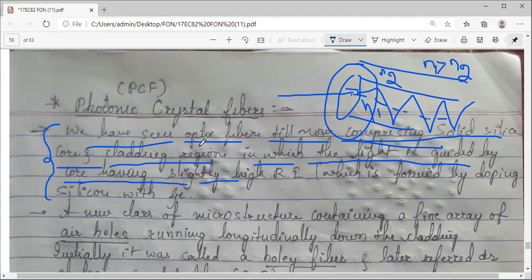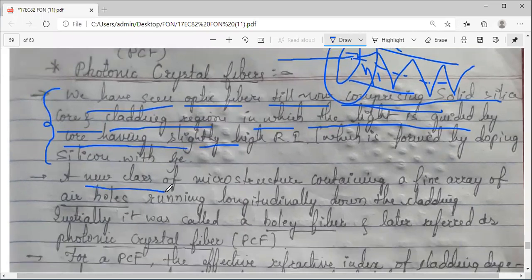The first point includes a new class of microstructure. See the word microstructure, because if you look at its structure, some airy holes are incorporated into it. I have even shared a few images in your WhatsApp groups.